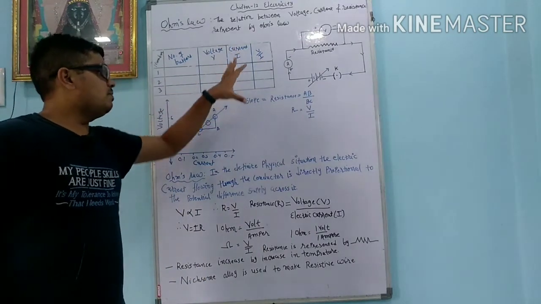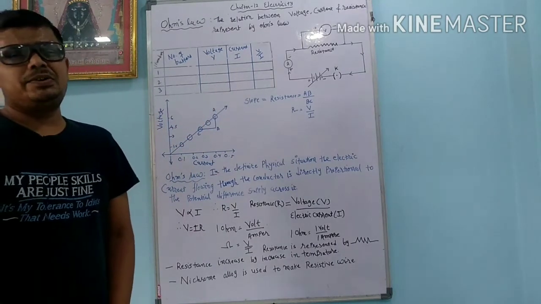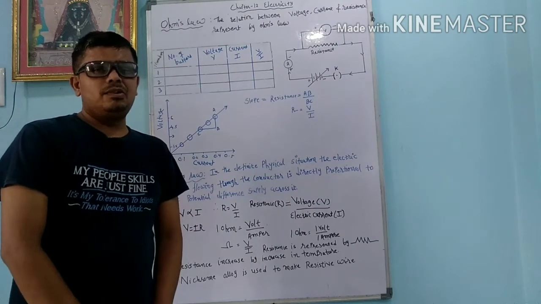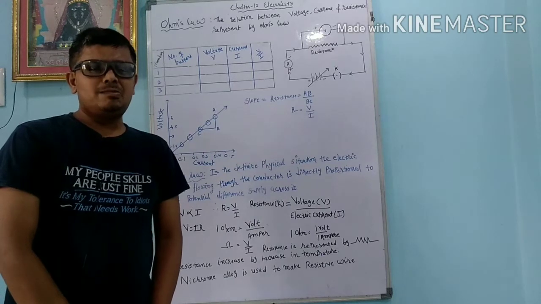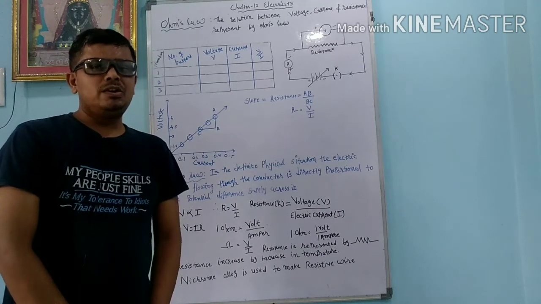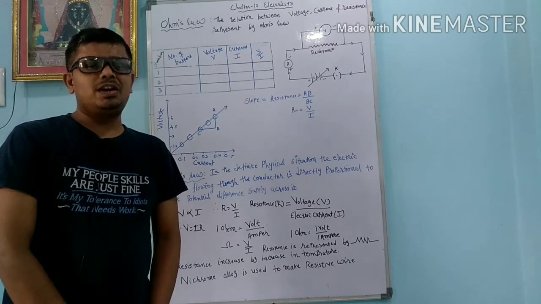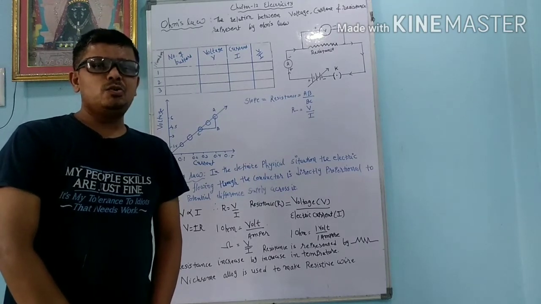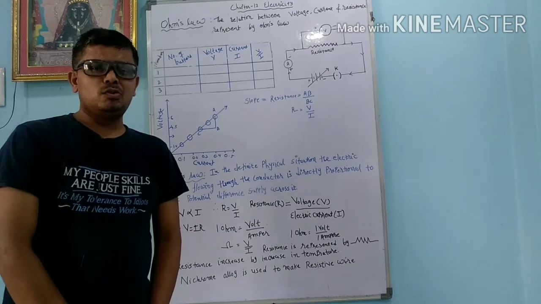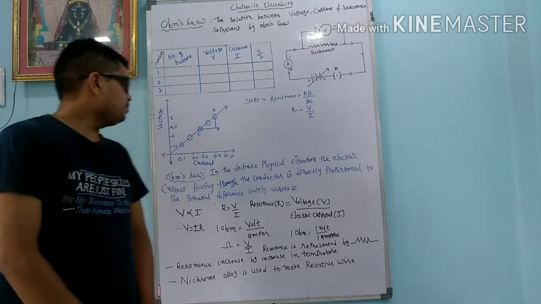So whatever observation we get, that observation we represent by the graph. Last year in 9th standard, dear student, we learn about the application of graph. When we draw the distance versus time graph in uniform motion, then by the slope we can find the velocity. When we draw velocity versus time graph, then by the slope we can find the value of acceleration. So also here, to get the resistance, we draw the slope, and by the slope we can find the value of R, capital R. Okay.